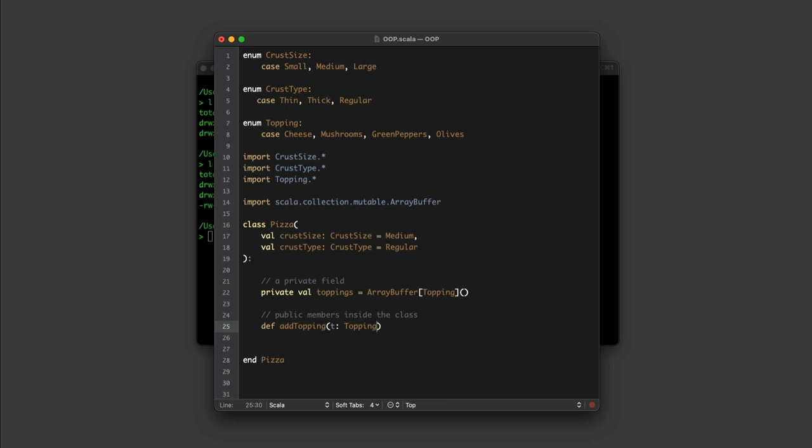And so it's going to take a topping as an input parameter, and because it's going to mutate that array buffer, it is going to return nothing. So we say that it returns Unit, and you'll see what I mean here in a moment. So the array buffer is called toppings, and then we're going to say += that topping. And so what this code does is it takes that array buffer and it says add this one topping to